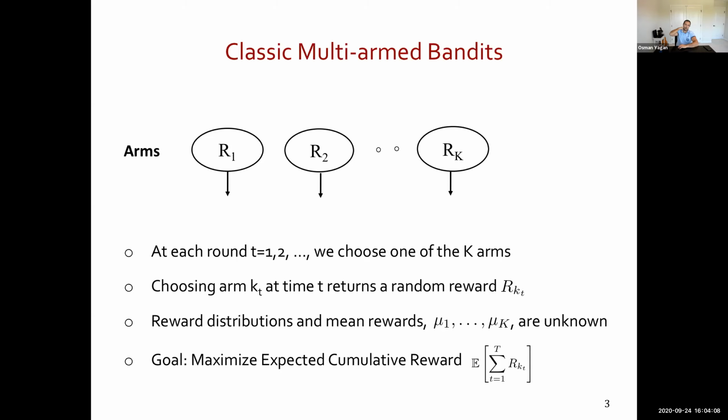In the classic bandit setting, what you have is an anonymous user, so you have no information about them. You don't know if they will like a specific movie, or a movie from a certain genre, or whether they will like a drama like Joker, or a musical like Bohemian Rhapsody, and so on and so forth. Again, you can view this as a problem where your goal is to maximize the cumulative reward by sequentially showing this anonymous user that you don't know anything about one movie or one advertisement at a time.